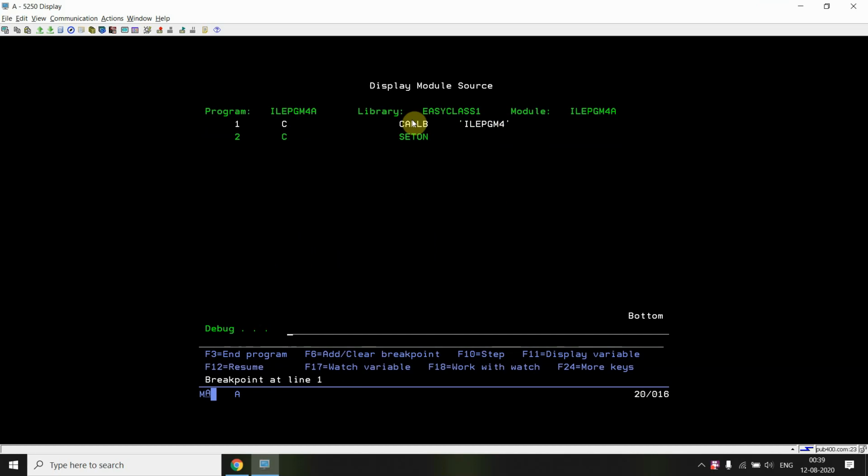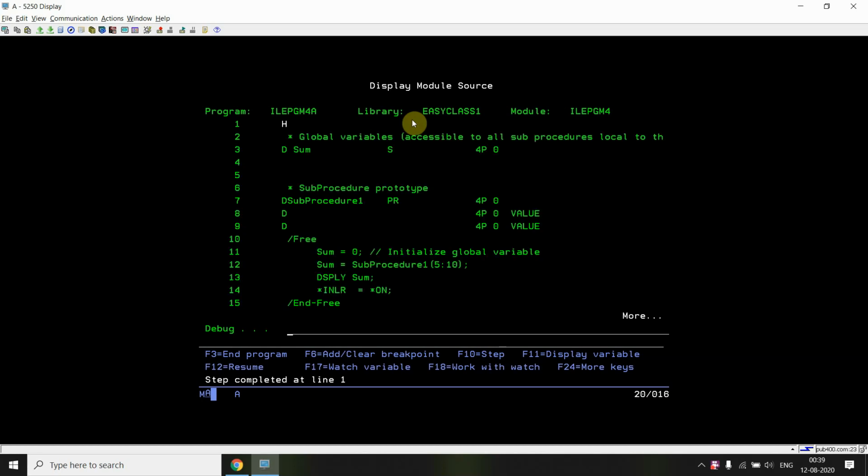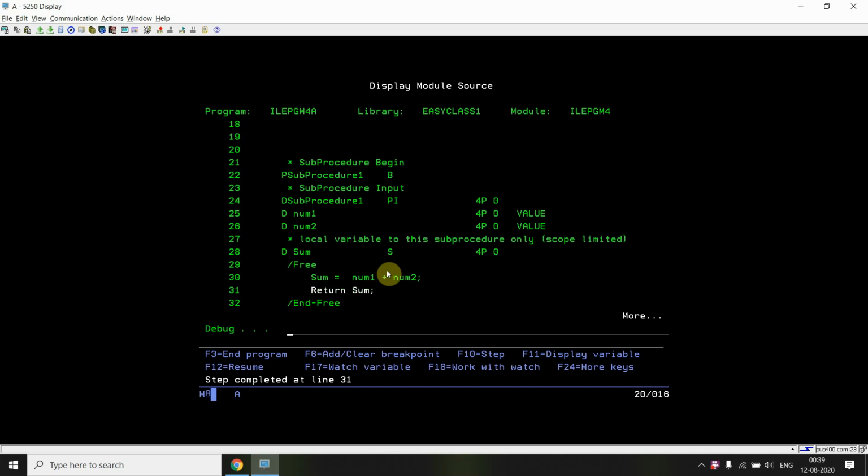Here you can see this is the CALLB operation, call the bound procedure, that is the module. Shift F10 twice to get into this program module. Here we can see that we are passing these two values. F10, then shift F10 to get into this procedure body, and we are returning the sum. So the sum is 15.